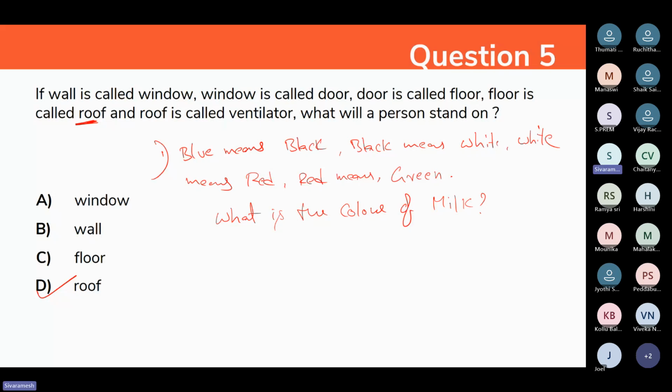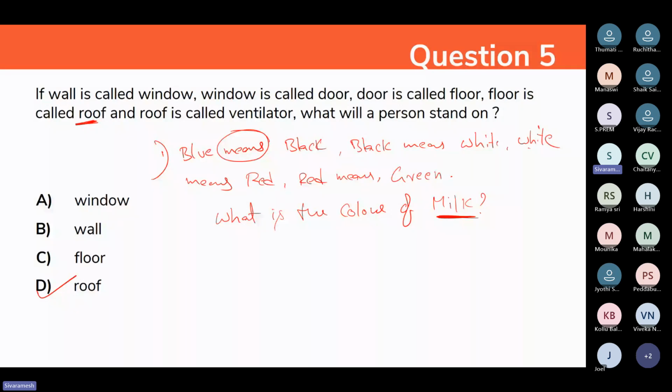Yes, okay, almost everybody is using all the colors in the chat box. It is not actually red or green, and I can see that one more answer is green. The question is, what is the color of milk? Now, always remember, when the word "means" is used, people will think the color of milk is white, but here white means red.